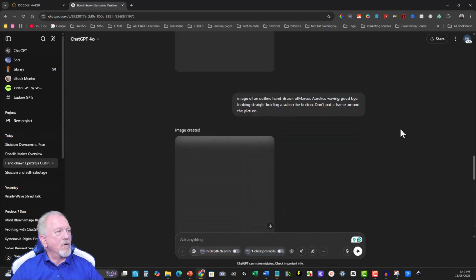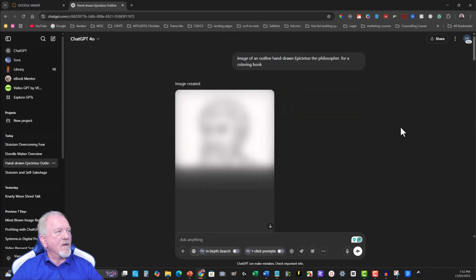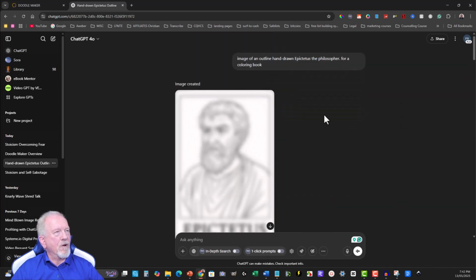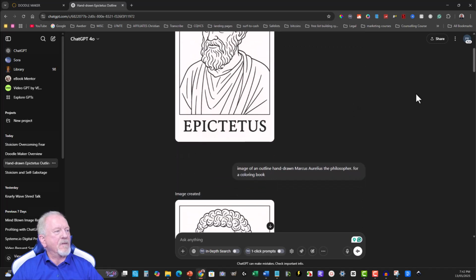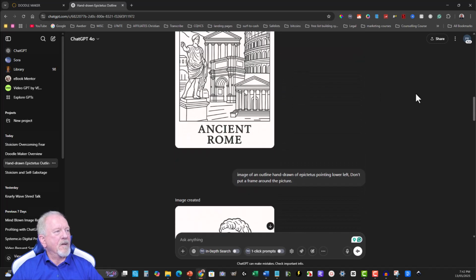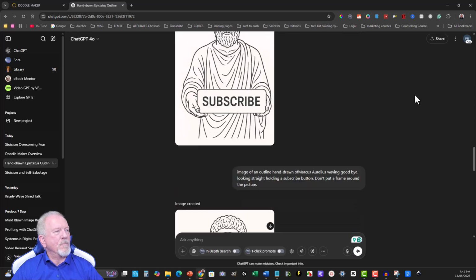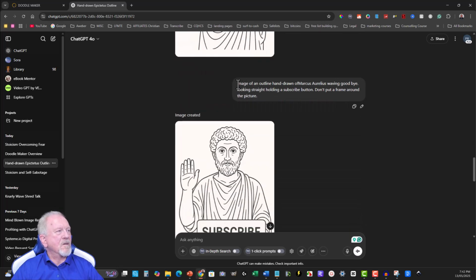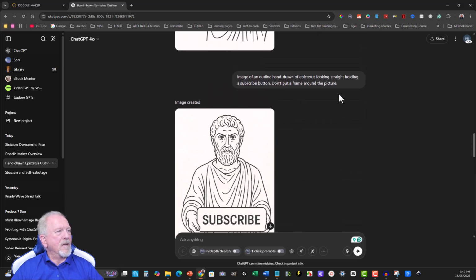Right here. So you'll see that I've actually got quite a few images that I've created. Oh, it's got to reload them all again. Okay, there's one. That's Marcus Aurelius, Roman Emperor. Now what I'm going to do is I'm going to be using this, and I'm going to be getting it